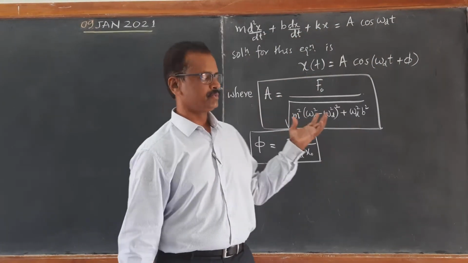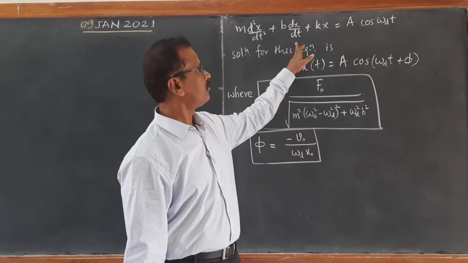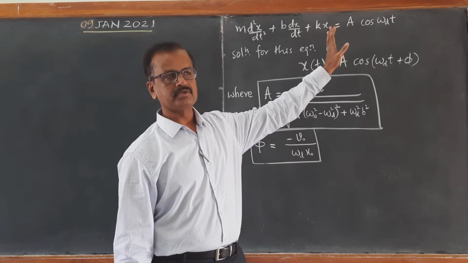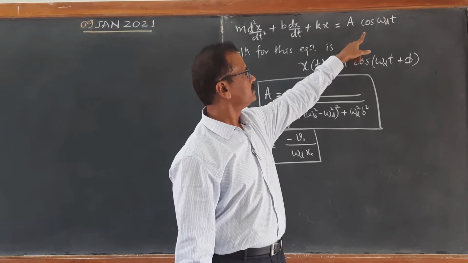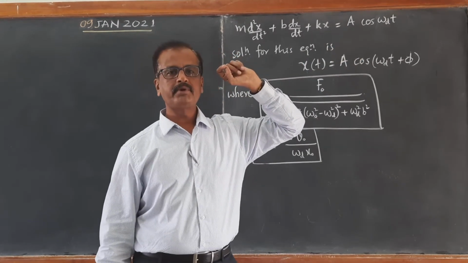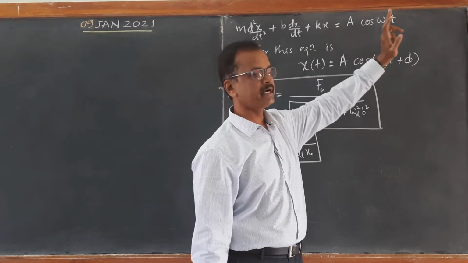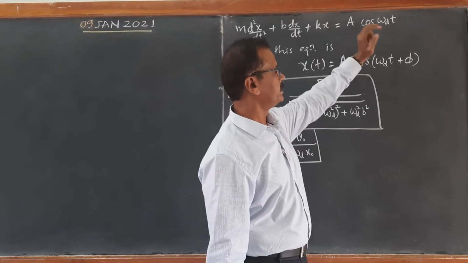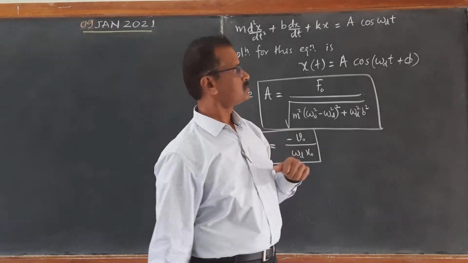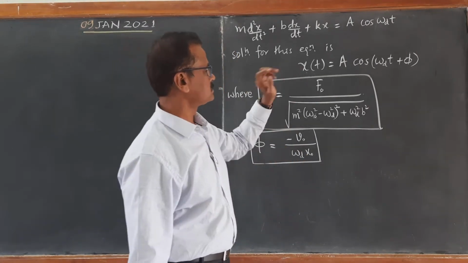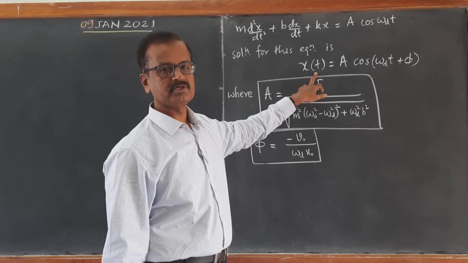Come back to the equation which we derived and discussed yesterday. This is the equation for forced oscillation, right? Where the right hand side is the equation for periodic force F naught, which is given by A cos omega d t, and you know omega d is the angular frequency of the periodic force. The solution for this gives us the equation for displacement of forced oscillations.